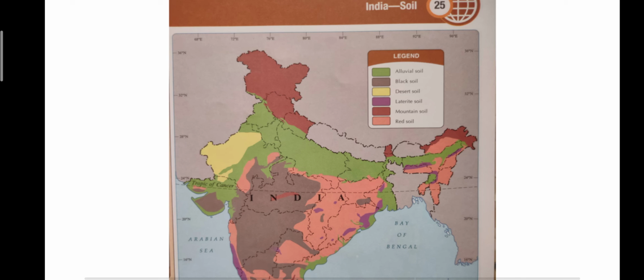Next, political map. Political map shows the boundaries of different states or different towns or different countries. And political maps will also have bright colors so that we can easily distinguish the boundaries. And lastly, thematic maps. Thematic map is a special type of map which is designed to show only one particular information at a time, and it can be anything. It can be about the rainfall related to a place, or a temperature related to a place, and so on. So these were the three different types of maps.